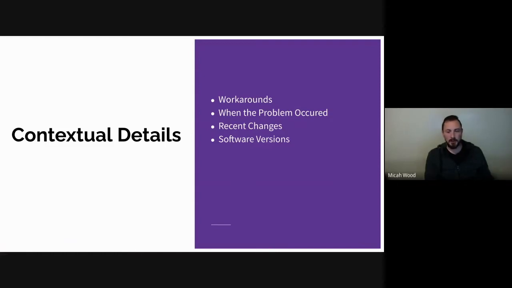Maybe if your web host has different versions of software running or something, you want to make notes of that. So having all that information is very, very helpful, and just kind of understanding the environment, right?